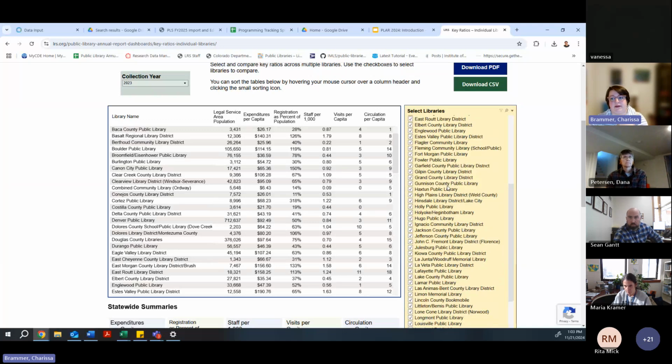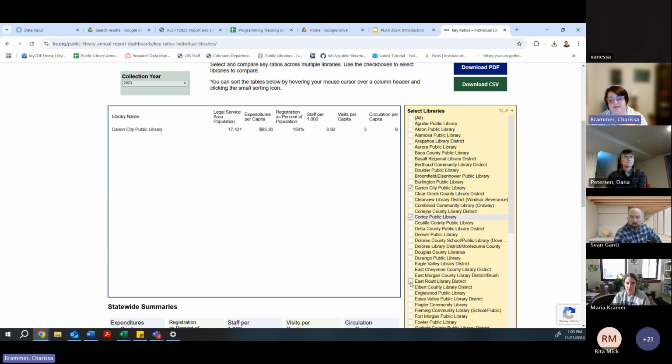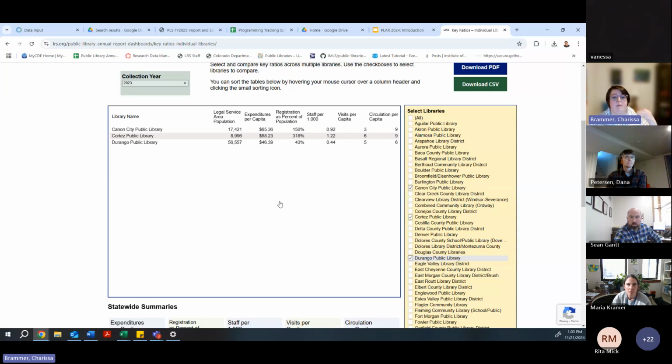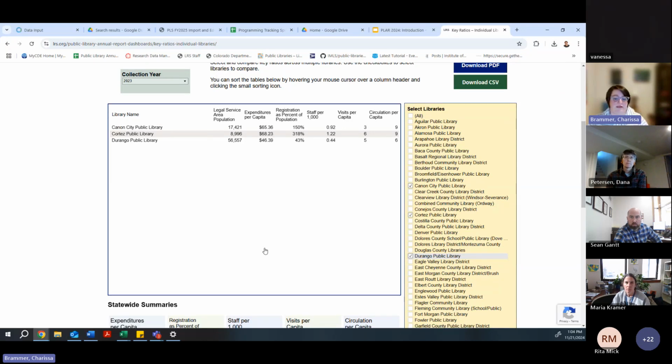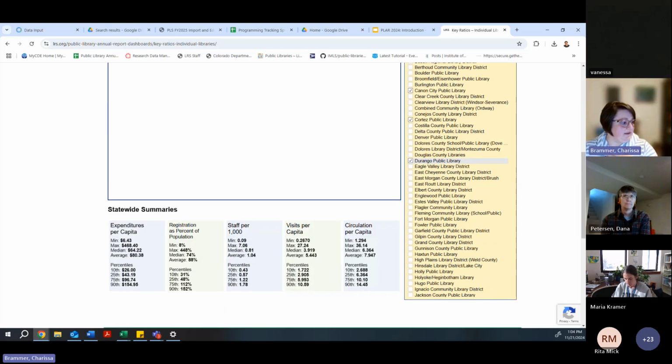So you can go in, and if you uncheck all, then I can just have like, I'm clicking these fully at random, so they may have nothing in common, but you can start just putting up libraries that you want to compare yourself to and seeing kind of where you're at there.